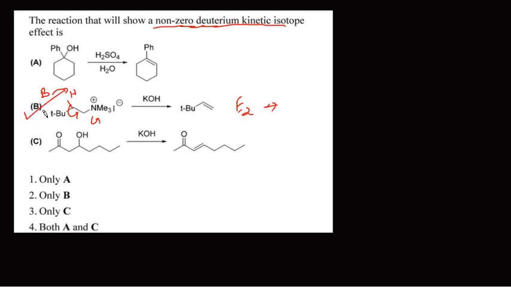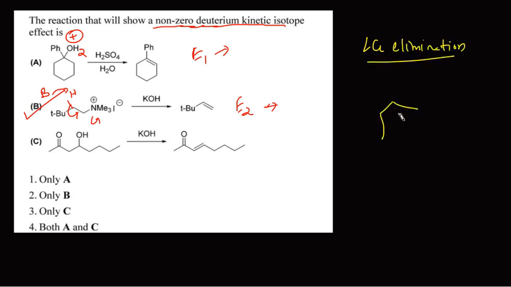Now when I go to option A, what is this mechanism? Basically, you can see this is the E1 mechanism, where the acid will protonate this OH and convert it into an oxonium ion, which is a very good leaving group. And then once the protonation happens, the conjugate base present there will abstract the proton from here, because the rate of a E1 reaction depends upon the elimination of the leaving group. You have studied the E1 reaction. So in the E1 reaction, the leaving group elimination is the rate determining step. That means the formation of the carbocation is the rate determining step. Here the formation of the stabilized carbocation is the rate determining step, not the abstraction of the proton.